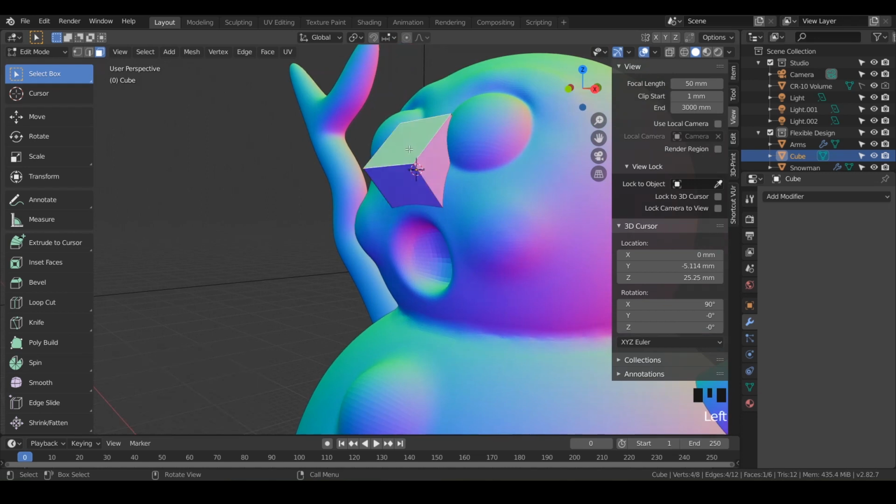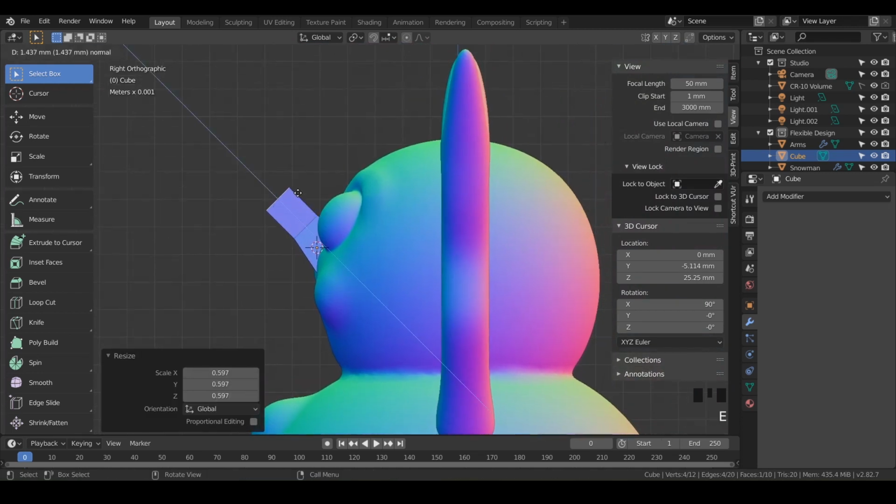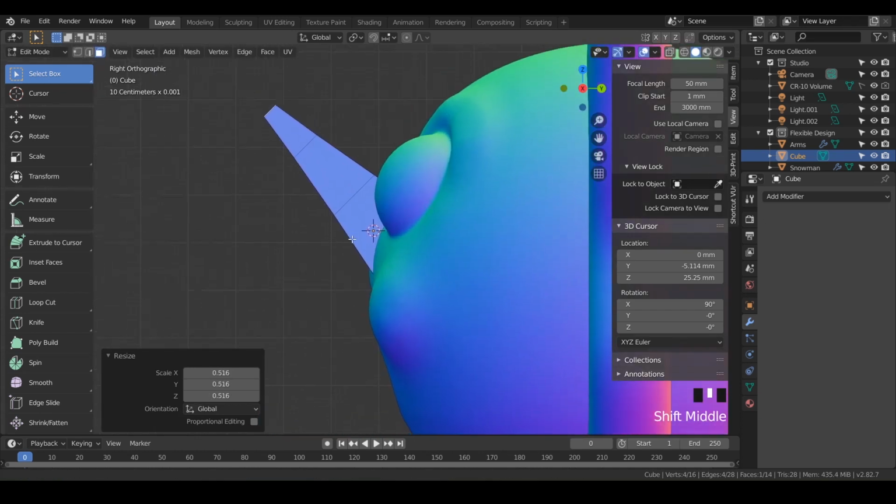And let's grab this top face, go to the side view, and maybe scale it down just a little bit. Hit E to extrude, scale it down a little bit, and E to extrude again, and scale it down a little bit more. And I may loop cut that just to have a few more